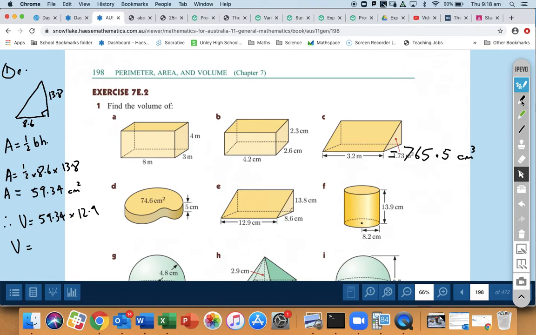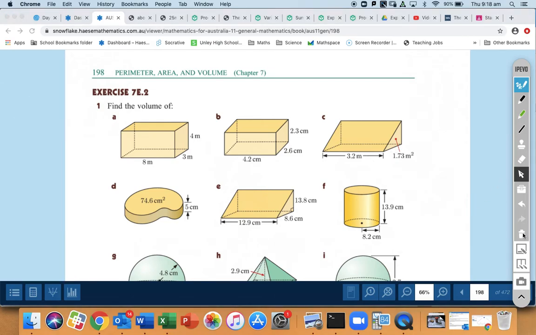Let's go back to the textbook. And we'll do one more very quickly. Well, you can see that was the answer for E. We'll clear the screen. And let's look at F. We've got a cylinder. How could I work out the volume? Well, I could go look up a volume formula. It would be pi r squared h,